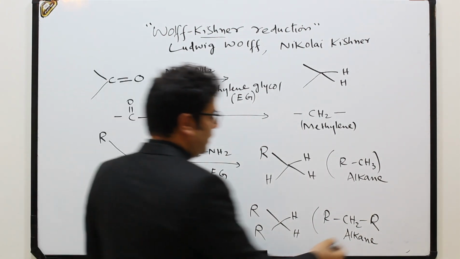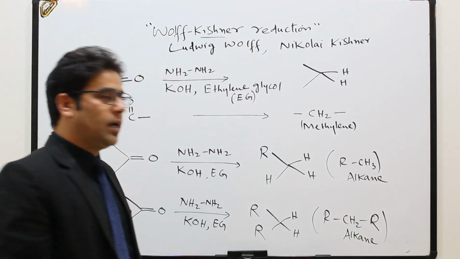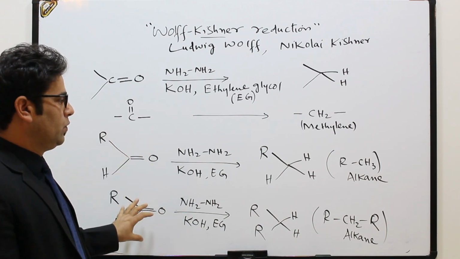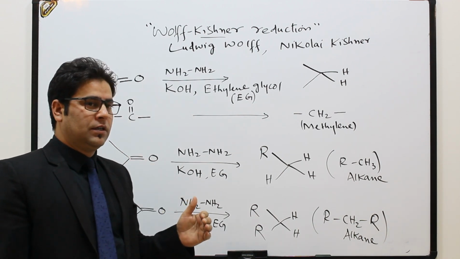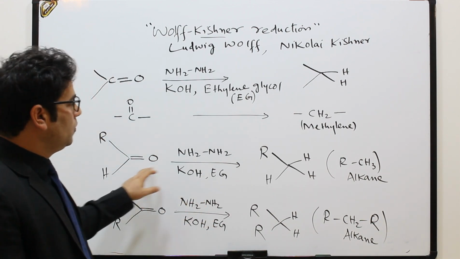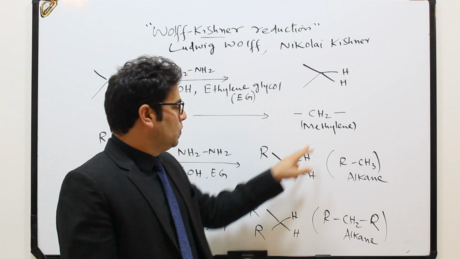The purpose of the reaction is to reduce the carbonyl group, C double bond O, of aldehydes and ketones. It is specifically for aldehydes and ketones, to reduce the carbonyl group into an alkane, a methylene group,